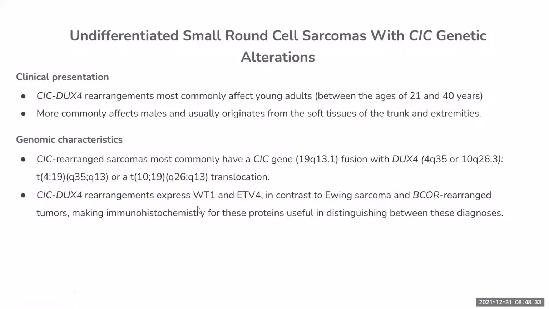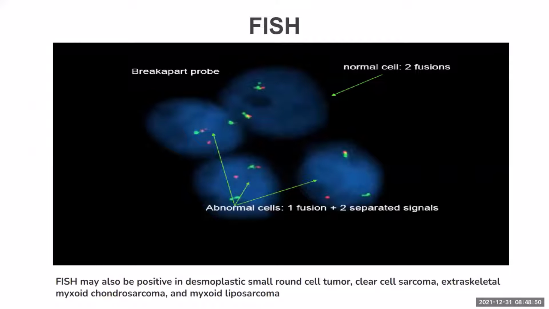How can we identify CIC DUX rearrangement on IHC? They express more of WT1 and ETV4 in contrast to Ewing sarcoma and BCOR rearranged sarcoma, making IHC more useful in distinguishing whether it is CIC DUX rearranged or Ewing sarcoma. To confirm Ewing sarcoma, we can do FISH with a break apart probe. Break apart meaning EWSR1